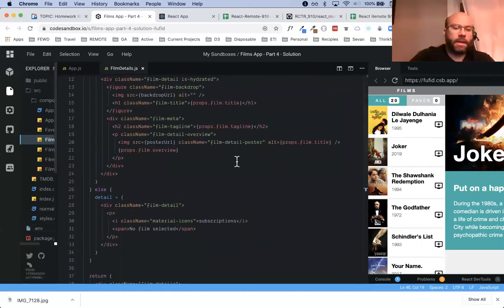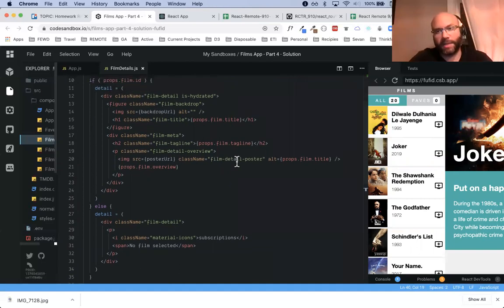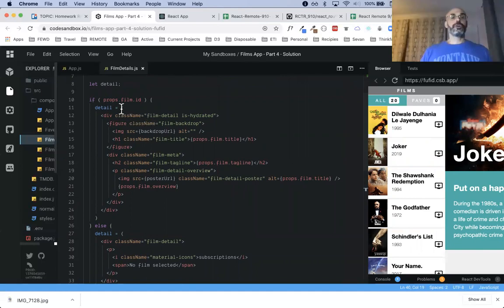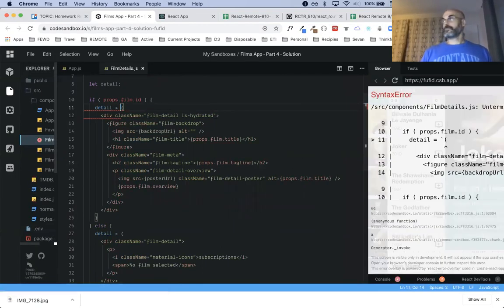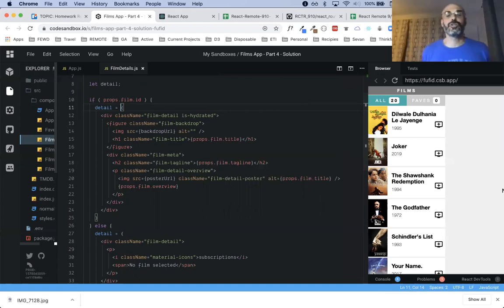Joe? Yep. So in this case, you have detail equals and then open parentheses and then JSX here. Is this just a cool thing about React where it will treat JSX that way? Because I tried to put tick marks and then I got text the first time I did this. Oh, so you're saying if you put a tick mark here? Yeah, you put a tick mark there, no parentheses, and a tick mark on the bottom, you get all of that as text in your display. Yeah, it's seeing it as straight up text.